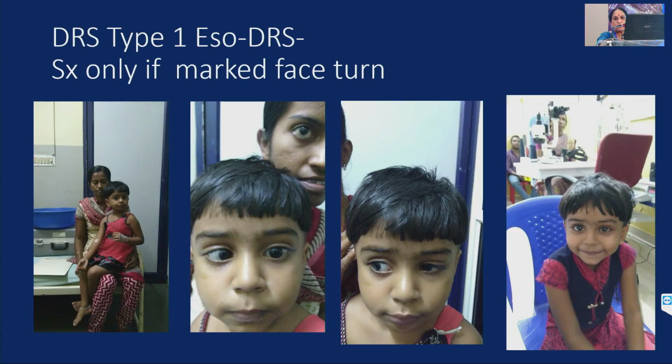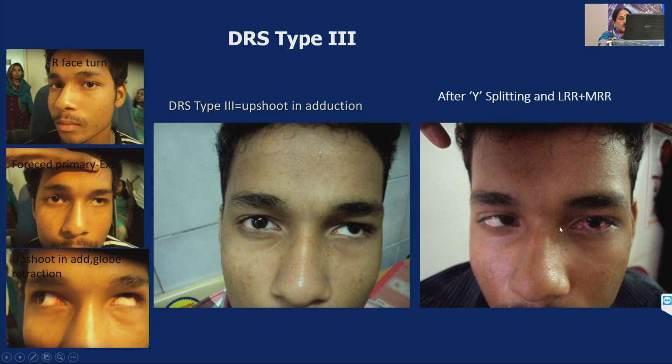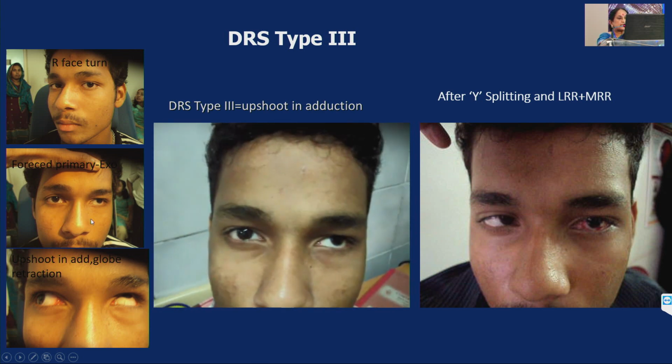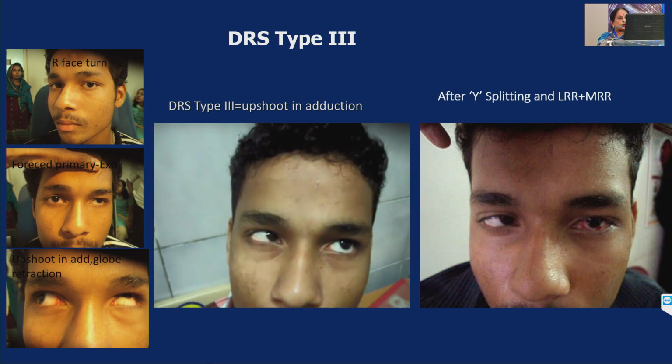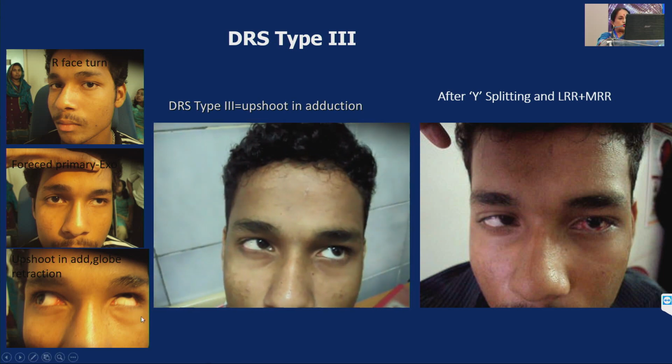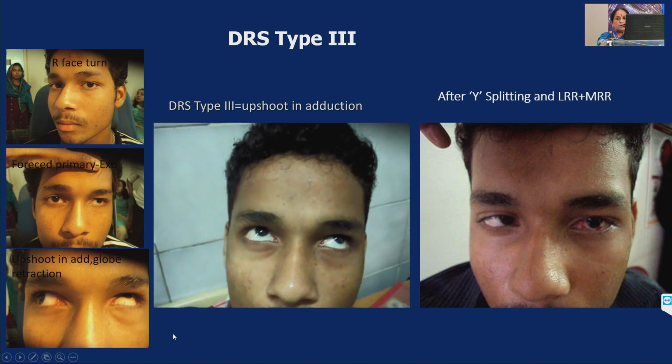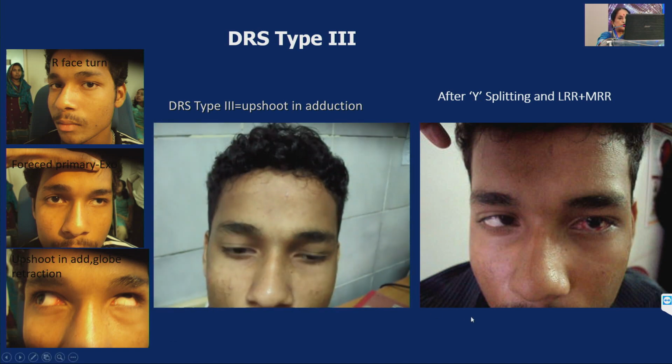Restrictive strabismus, as we all know, DRS is the commonest, and surgery is indicated only if there is a marked face turn. This child had a DRS left abduction deficit with an ESO-DRS as we call, and marked face turn was completely relieved after medial rectus recession. And this boy has a marked face turn to right, which was corrected, which forcible primary posture showed exo-DRS, and the eye almost disappears when he tries to look to the right. So after surgery,